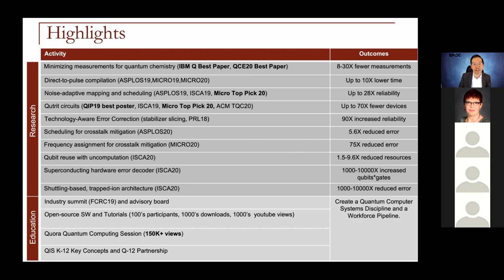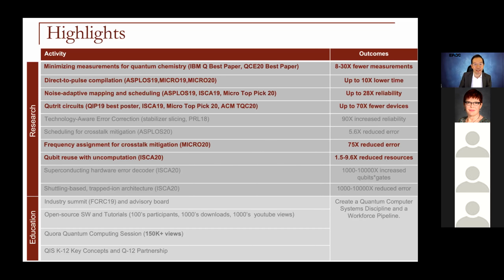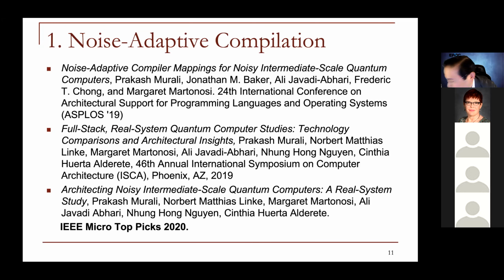Now, what I'm going to do today is give you a quick view of 6 of these things. And the idea is to give you an idea of how we do this, right? Like, what kinds of optimizations can you do when you try to connect the algorithms and the compiler and the devices together. All right, so let's get started.